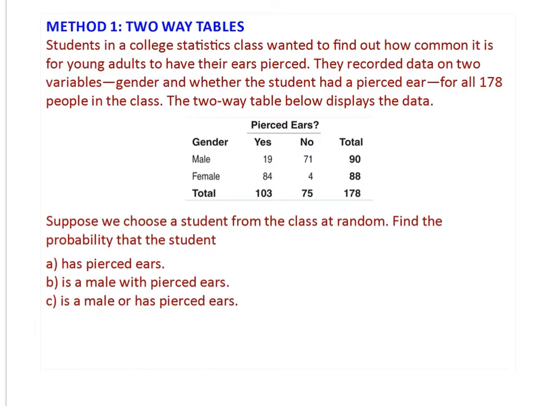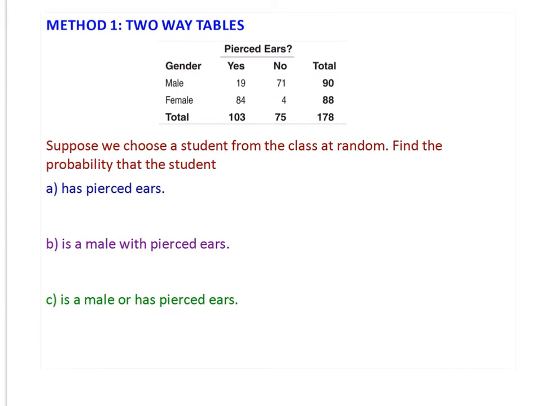So let's break down this table a little bit and go through each one. Let's take a look at this 4 right here. This 4 is saying that there were 4 females who did not have pierced ears. So 4 out of my 178 were females without pierced ears. That's how I'm going to read this table. So that's review. I know we've talked about that before, but just to recap, let's take a look at question